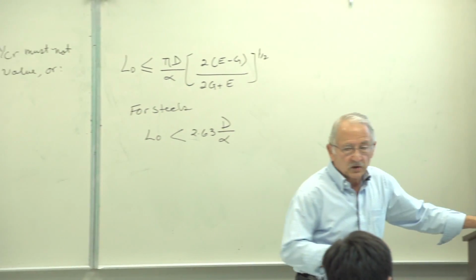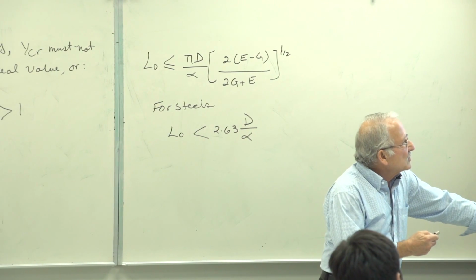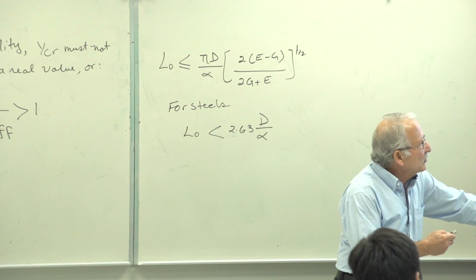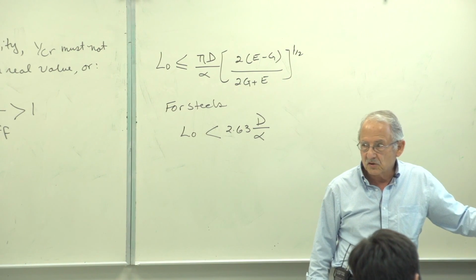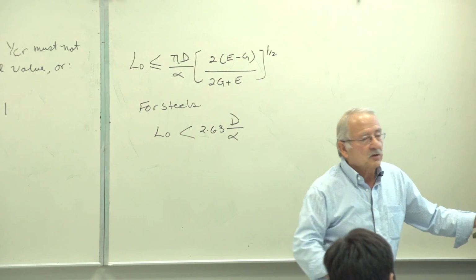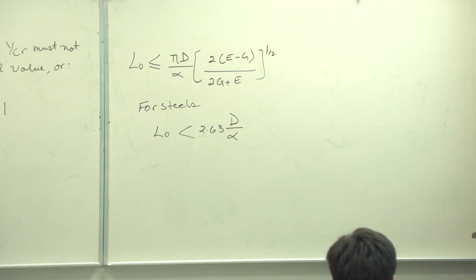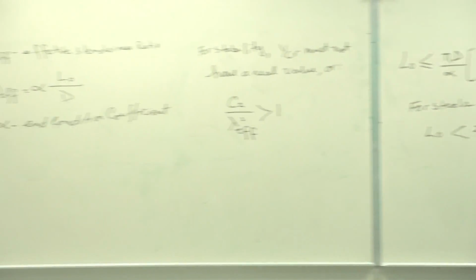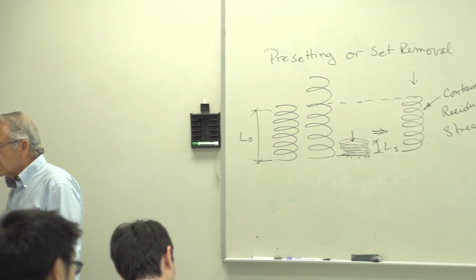Before set removal, in other words, before you go through that operation, this maximum is only 45%. The allowable is 45% of the tensile strength. After you do that, 60 to 70%. So you can apply a higher load to it if you have a presetting. The reason why these stresses are set up in the material in the opposite direction is that